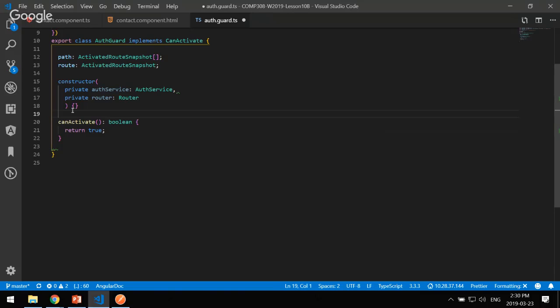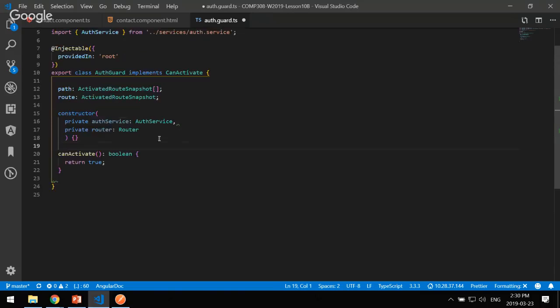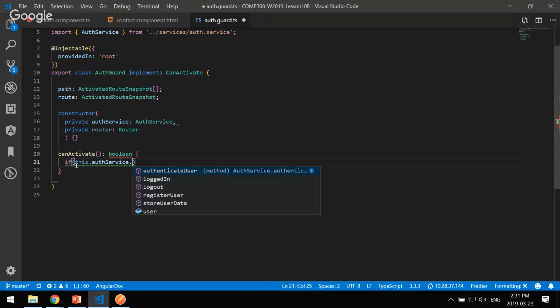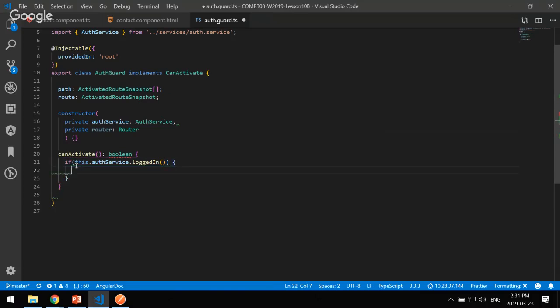Again, I'm just configuring the route guard. You're going to see how it works in a sec. All right? Don't worry about the syntax yet. And then down here, this is where I use my auth service. If this.authService.isLoggedIn, if I'm logged in, then I want to return true, right? I want to kind of say, don't block me, return true. However, if I'm not logged in,